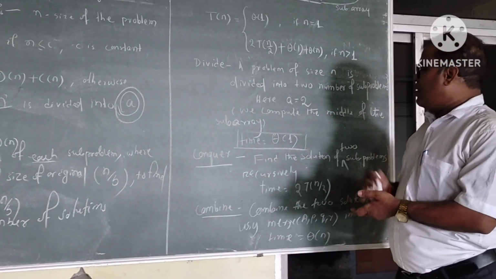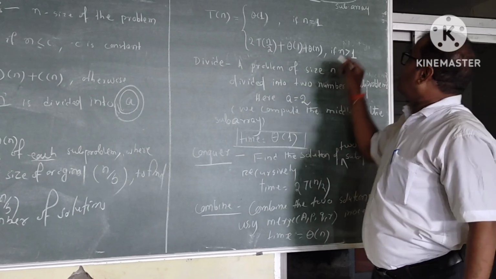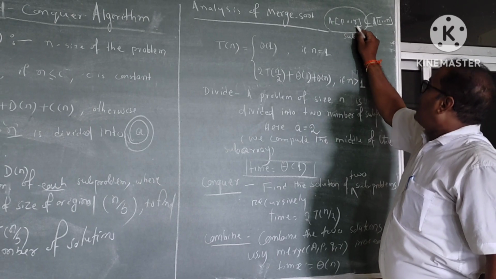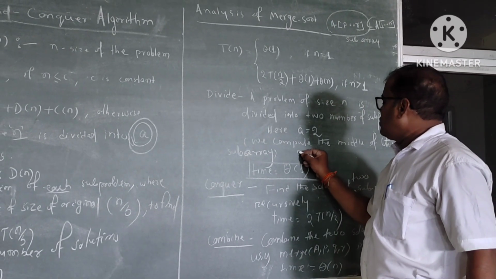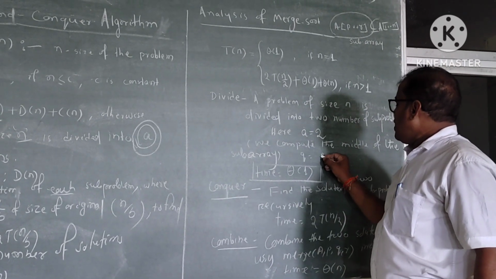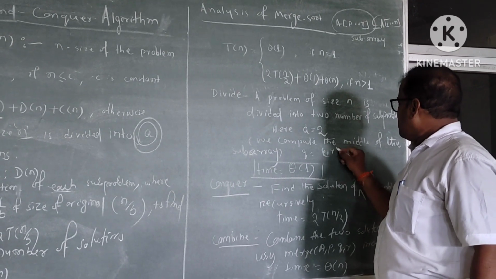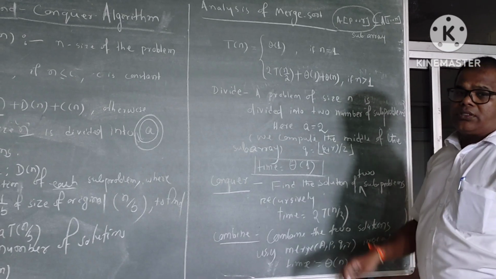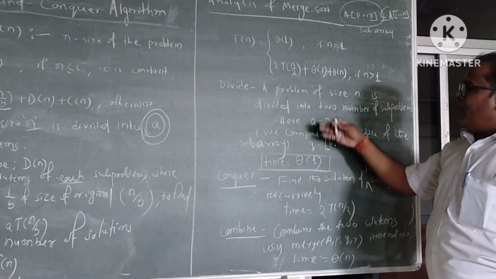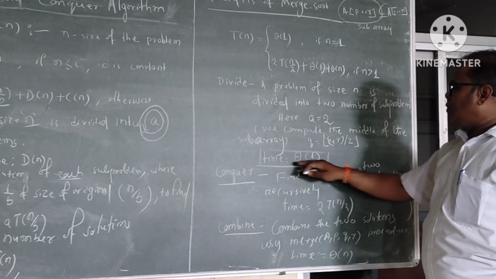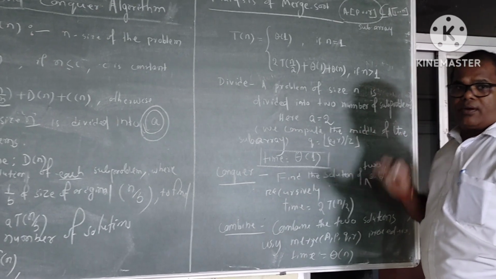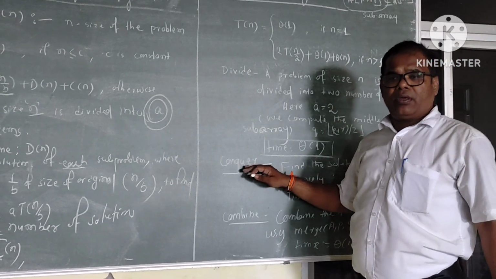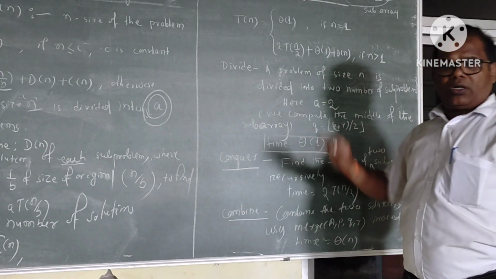That you might have remembered when you are finding the middle of the subarray. If the indices begin with P and end with R, we can write Q equal to floor of (P plus R) divided by 2. This takes constant time. Dividing takes a constant time, hence we write the time as theta 1. Now come to the solution part of our merge sort analysis.